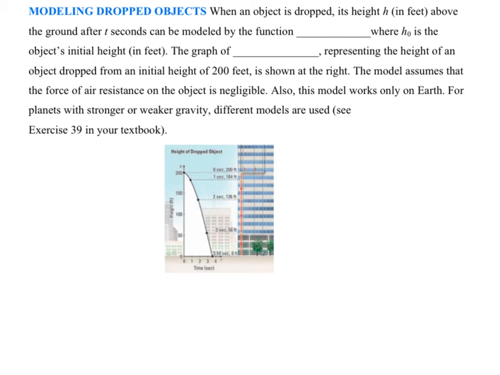Let's look at another application problem. So when an object is dropped, its height in feet above ground after t seconds can be modeled by this function. The height is equal to negative 16 t squared plus h sub 0, where h sub 0 is the object's initial height in feet. The graph of h equals negative 16 t squared plus 200